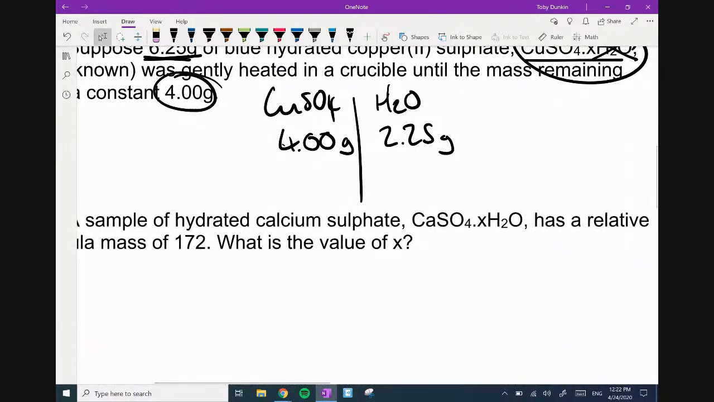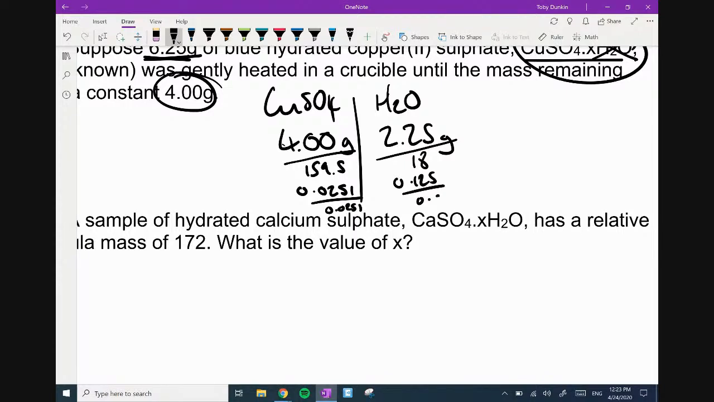Right, once you've got the grams, we need to count the particles, so we count them using moles. Everyone now realizes water's 18. Copper sulfate: 63.5 plus 32 plus 16 times 4, and I get 159.5. So I'm going to do 4 divided by answer, and I get 0.0251 technically. And the next one is 2.25 divided by 18. So I get 0.125. Divide them all by the smallest,